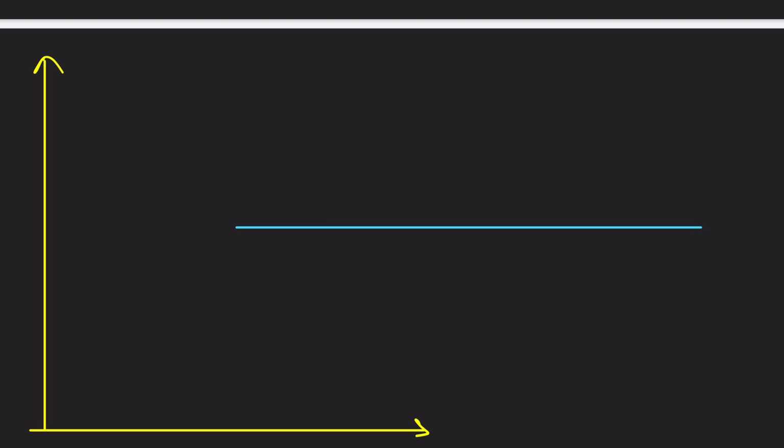Let me choose a different color. Try to understand this part very carefully, because this is one of the fundamental ways to explain what angular velocity is. Suppose this particle is moving on a path like this. If you see, right now this is the position vector of the particle. And suppose when the particle reached here,